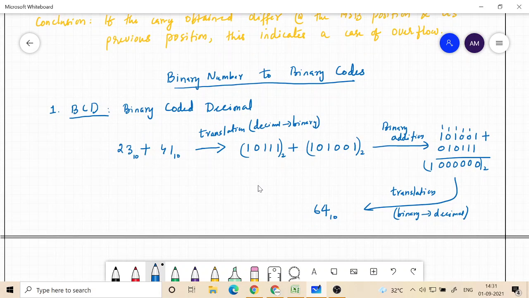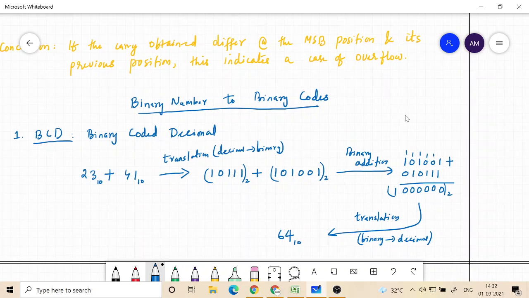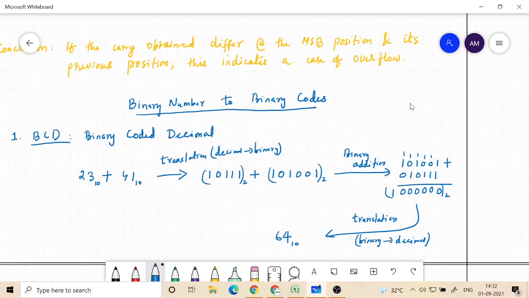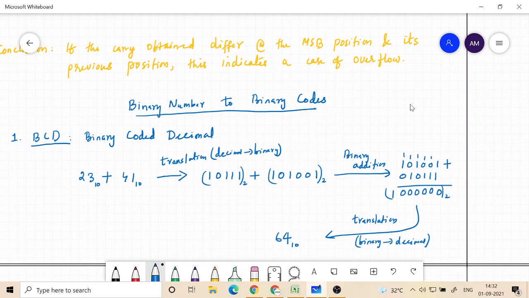Okay, now is it the only way we can implement it? Is there any better way we can implement it? The same problem, can we solve it in any other way? Yeah, so that is what BCD code will offer us. BCD code says that if you can represent these numbers using BCD code,